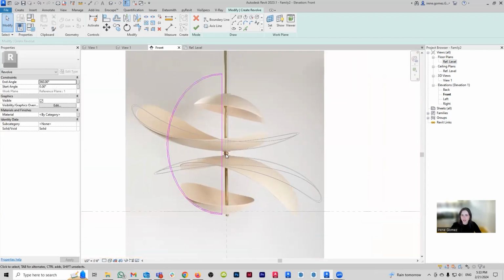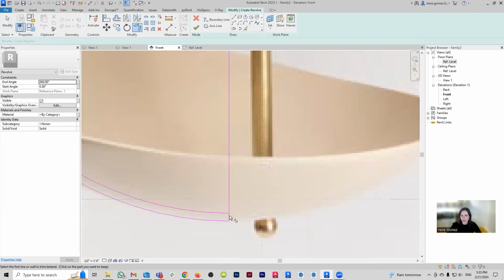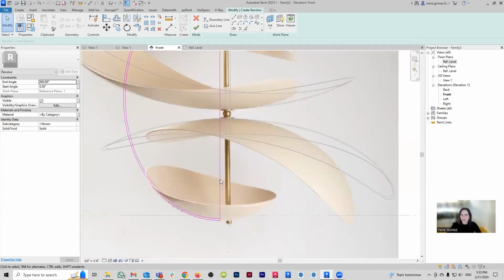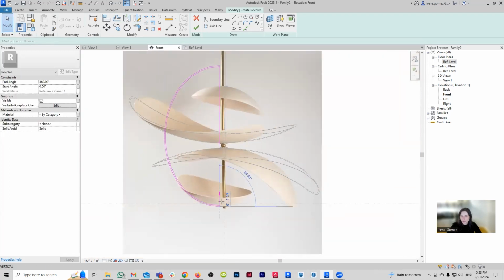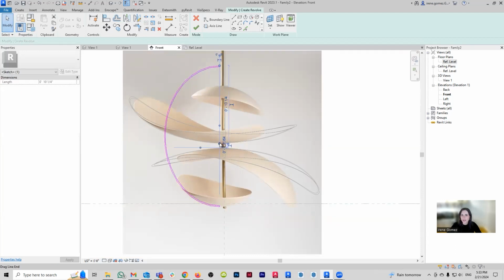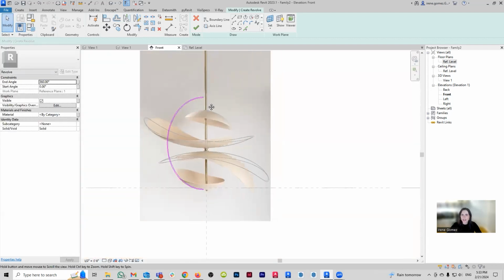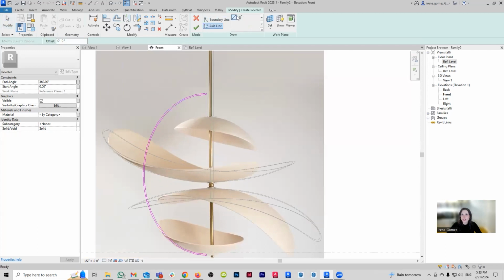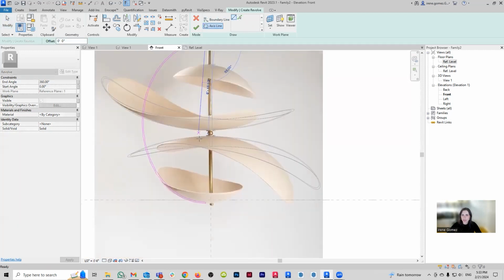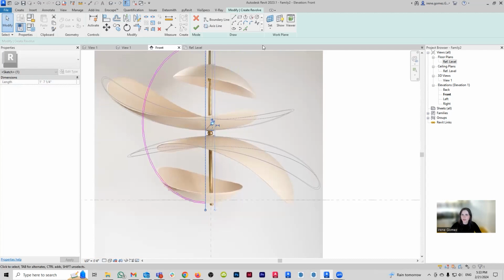Fine. And then I'm going to go SL to trim this guy, to split this guy, and then we can do our trim. Again, it doesn't pick up, so I'm just going to manually bring it here. And then I'm going to select this element here, and I'm going to manually bring it here. Finally, I am going to set my axis line, and that one I'm going to draw it because once again, this is not perfectly aligned with my reference planes.